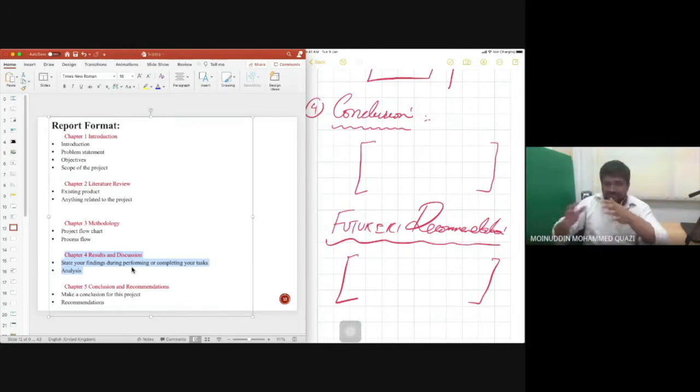Once you go through this manufacturing technology subject, then you will learn different processes. Once you learn different processes, your idea will become more clear. You'll think, I'm interested in this product, and I'm interested in making this product through a different process. So let's start this subject later on, and then ideas will come to you automatically. Even you can consult me for ideas sometimes, no problem. So this was a format for your report.